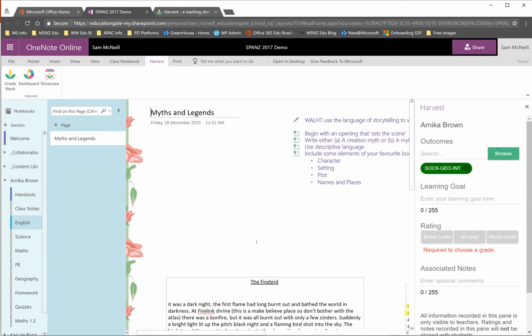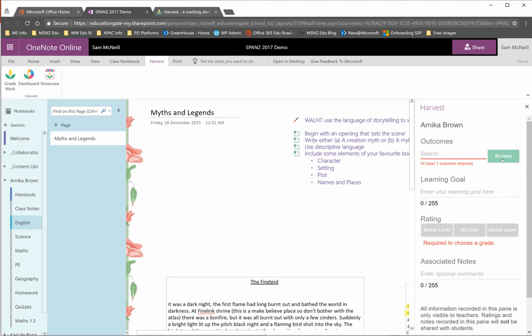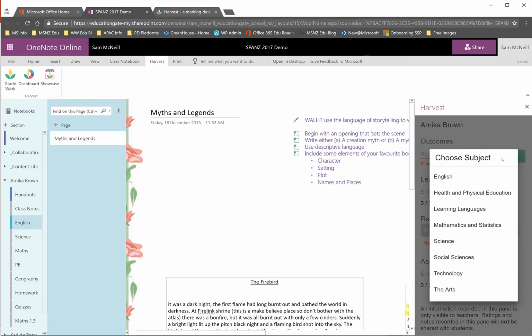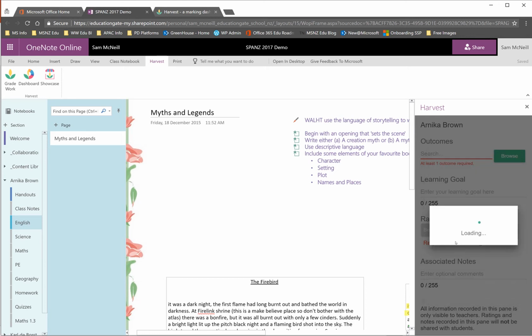Okay, so here I can see on the right hand side I have the ability to mark some student work now, and it's remembered the last curriculum strand that I did was a geography one. I don't want to do that now, so I'm going to say browse, and it shows you the New Zealand ones because that's what I've got loaded on my profile. I can say English, and let's just imagine that I'm working with a student at year 9. I can say level 5,